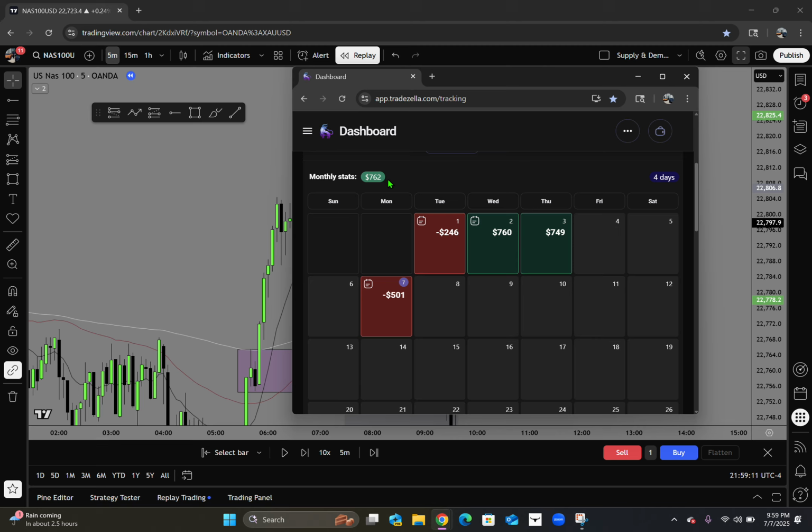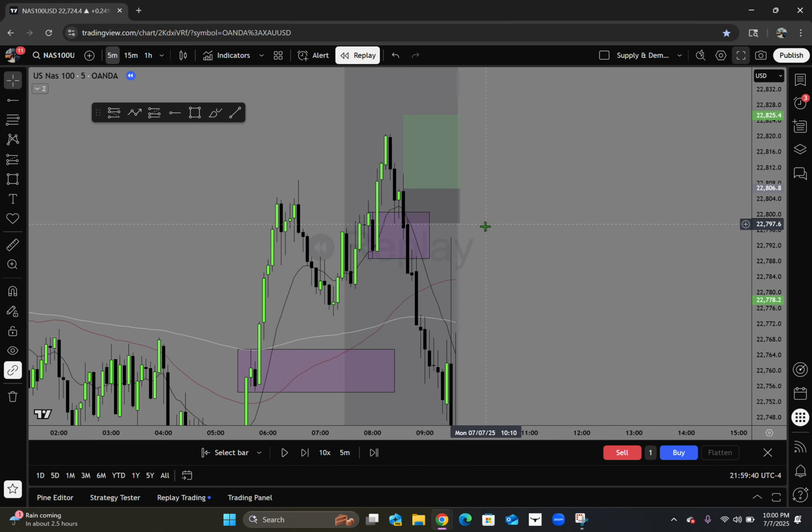So that's cool. You know, price did his thing. I follow my rules. I did what I had to do, and now we'll see what happens for Tuesday, Wednesday, and Thursday. We got 3 more days to find good setups, make back this loss and this loss, and hopefully be more in profit for the month. But the key is just follow your strategy, follow your rules, stick to your daily risk for the day.